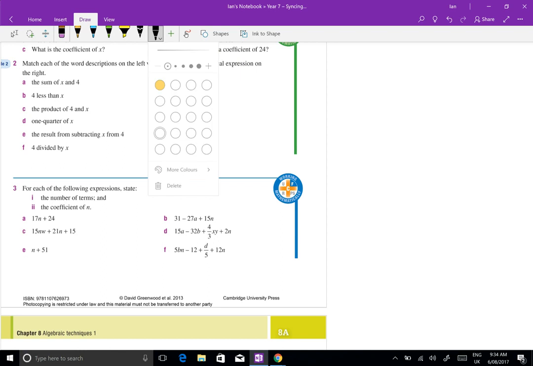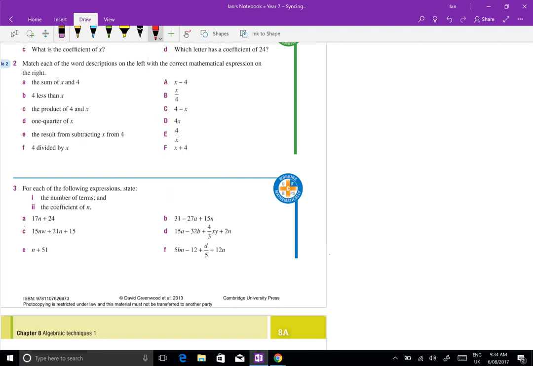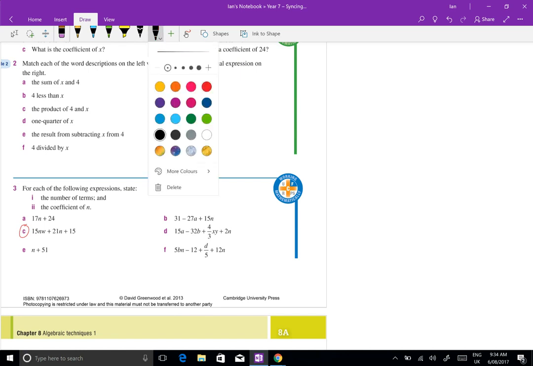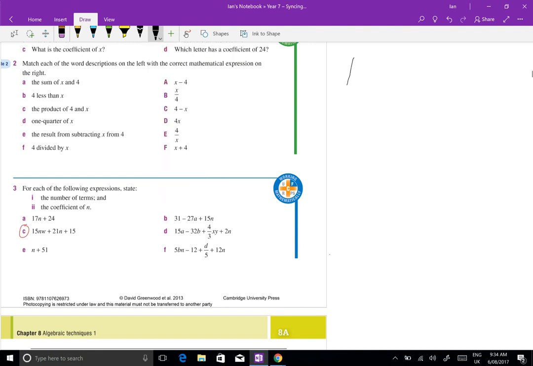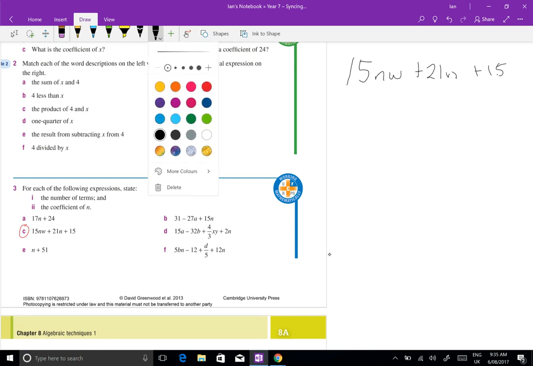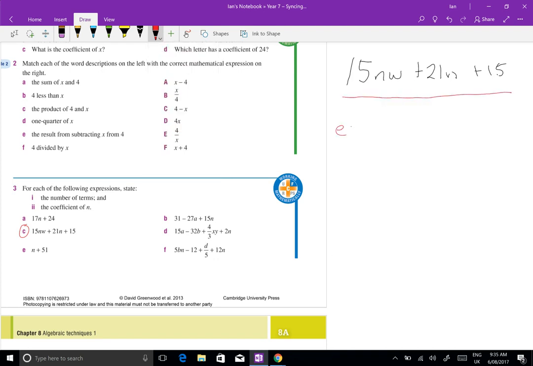And we've done them before. We did them in class. So let's take C. Here we have an expression, and I'm going to write that expression over here. 15NW plus 21N plus 15. Now the whole thing there is called an expression. The whole thing is an expression. It's a number sentence,